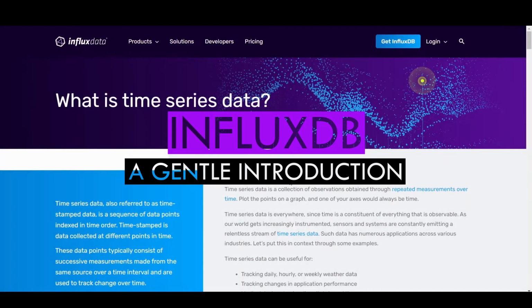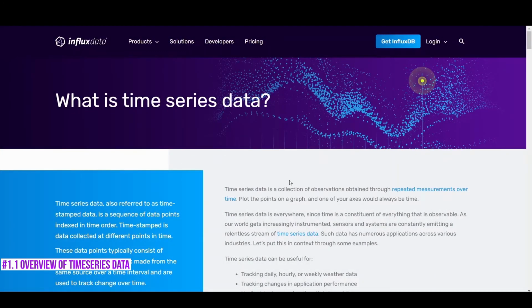In today's session, we're going to look at time series databases. Specifically, we're going to look at InfluxDB. And before we talk about the database, I want to spend some time on understanding what time series data is, why we cannot use existing relational databases for time series data, and what benefits we get by using a specific time series database. And then we're going to dive deeper into the code and how to install and all that stuff.